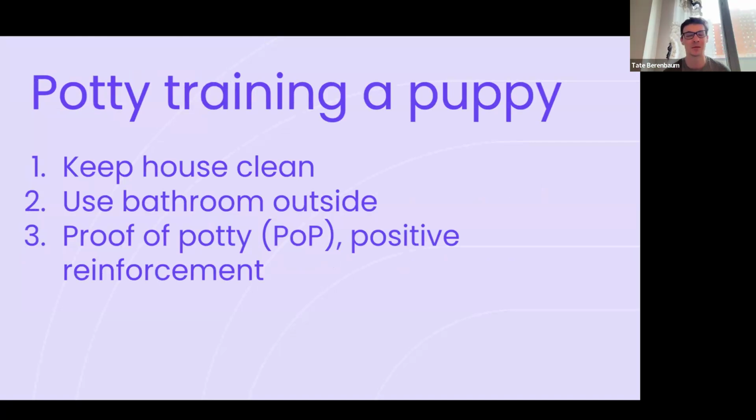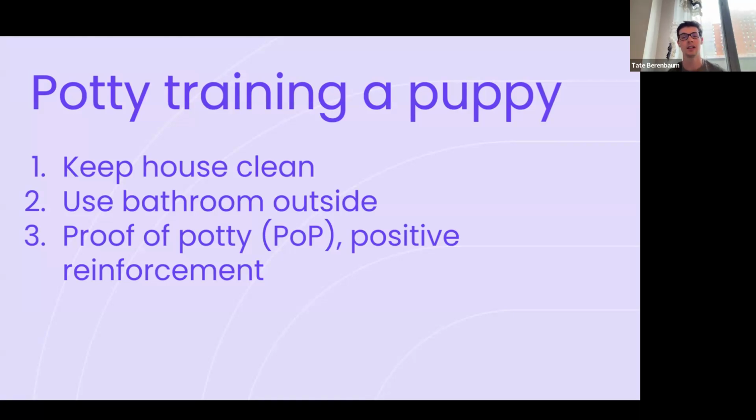The interesting thing about mechanism design is that it also applies to beings that aren't human. The core difference is that the reward vehicle is different. But for humans, obviously we want to keep the house clean. That's our goal. The reward function is for a dog to use the bathroom outside as a way to keep the house clean. And what incentivizes the dog to do that? Well, they get a treat. They essentially have positive reinforcement.